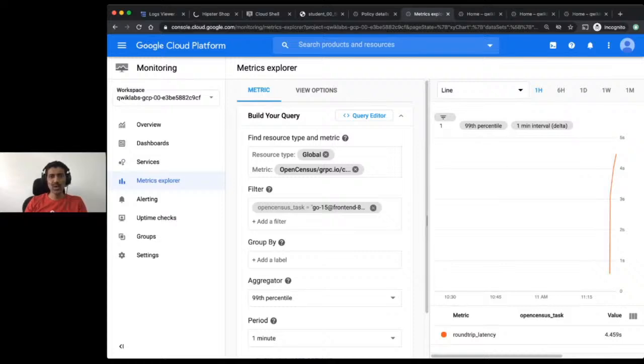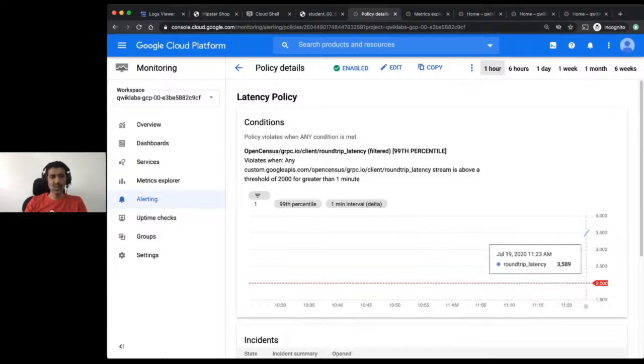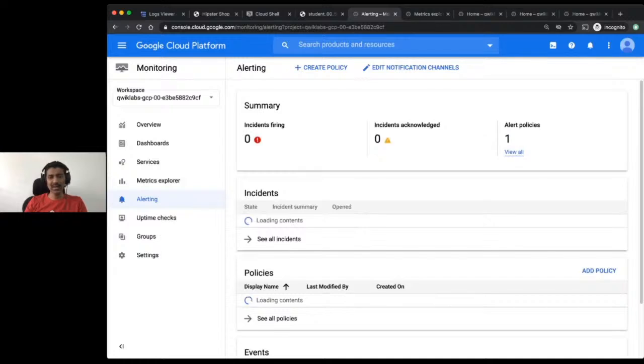Now let's go back to our alerting window, and here also we see our latency has shot up to much more than 2 seconds. Our alert we set up was at 2 seconds. If we go back to our alerting window, it will take some time. I think it takes around 2 to 3 minutes for the alerting to show up here. It's basically a new incident to show up there, right? So while that is coming up, we'll go to the tracing,